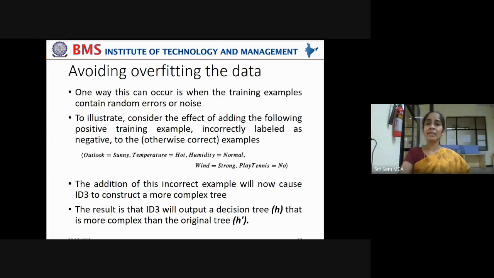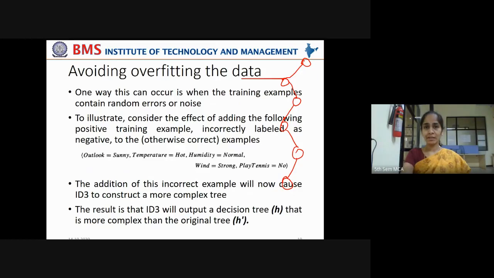In that case, the tree has to be grown in order to give better, purer classification. The complexity in the tree increases in order to accommodate even the noise and the outliers in the data. It is considering every possible combination. Then do we call it an optimal decision tree? We call it a decision tree, that's all, but we don't call it an optimal decision tree.